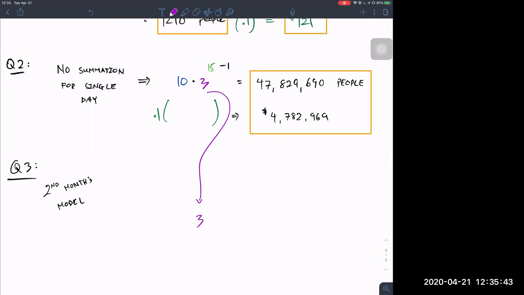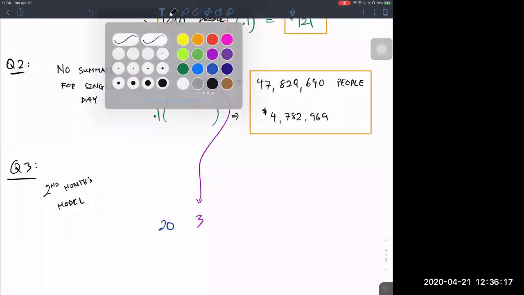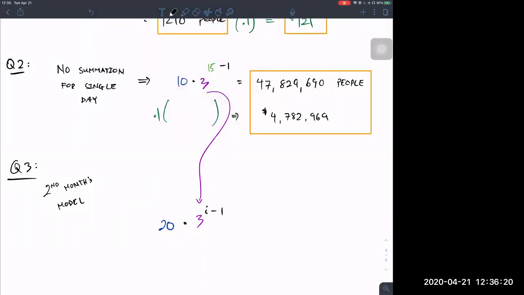Suppose for the second month, the growth of reach stays the same, but on the first day, the post reaches double the numbers. I was just trying to be enthusiastic about it. But instead of 10, it's going to reach what? What's twice of 10? It's going to be 20, right? How does the model change and what is the overall effect? Well, if 3 stays the same and 20 increases, and now I fill in all of the details, that would make our model,